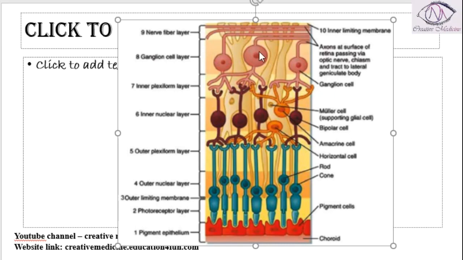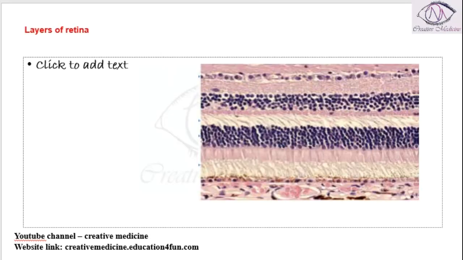Then we have ganglion cell layer, which contains ganglion cells, and finally nerve fiber layer, which contains axons, and we have inner limiting membrane. So these are the 10 layers. So if we see the labeling here,